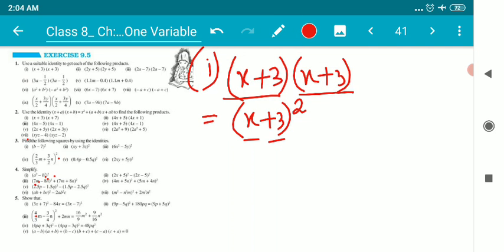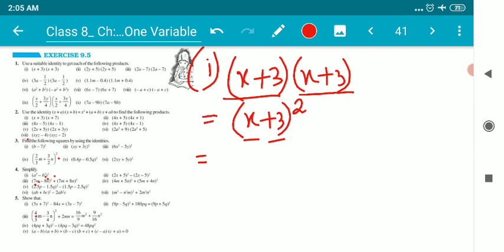Now children, one thing we need to pay attention to very carefully. Doesn't (x plus 3) whole square look like (a plus b) whole square? Yes, of course. I never said that x and a are the same, or 3 and b are the same. I'm saying that the format looks the same. So in the place of (x plus 3) whole square, we can simply apply the formula of (a plus b) whole square.